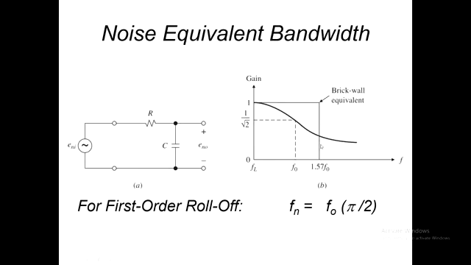What does this number actually tell you about the behaviour of the system? What it tells you is that there's more noise than you would expect getting through a system. There's more noise than you would expect from the nominal signal bandwidth. Right, and how do we account for that?